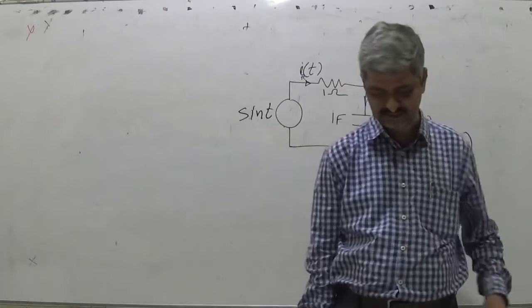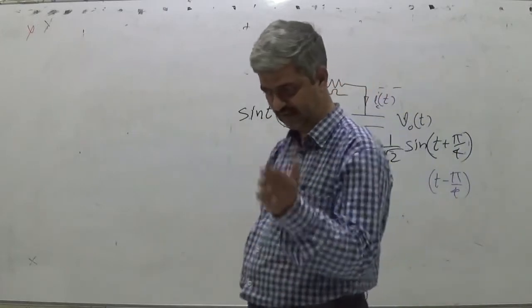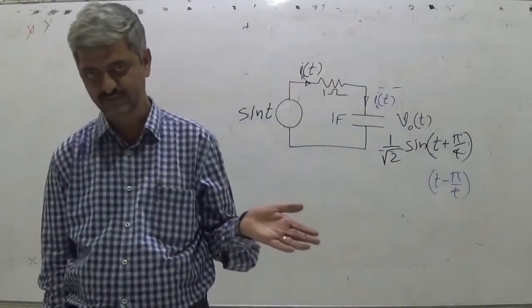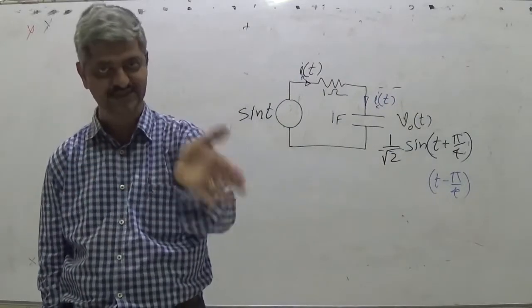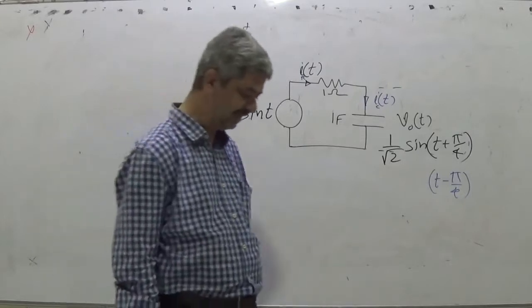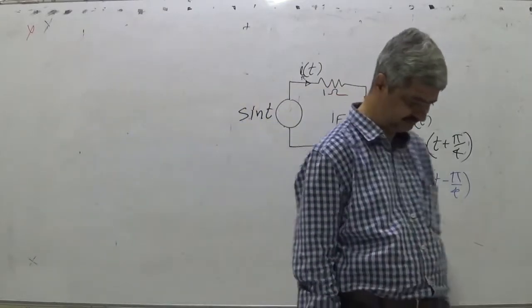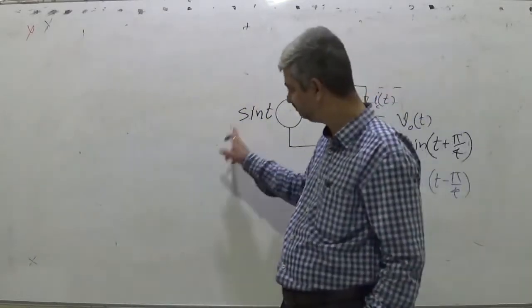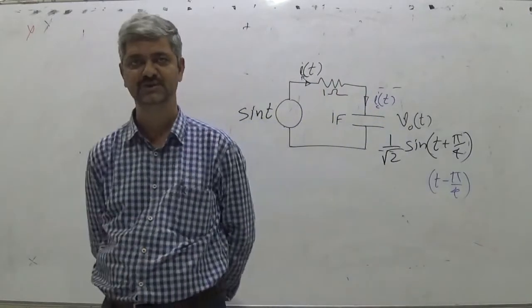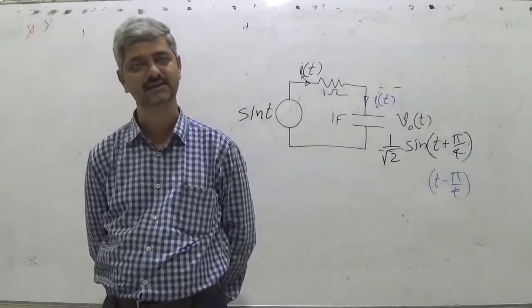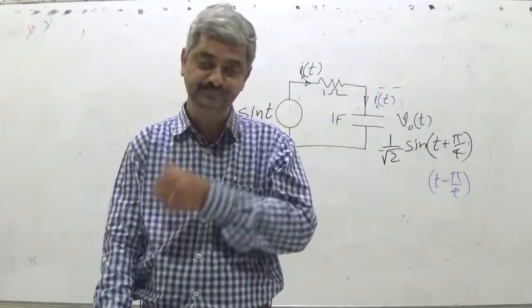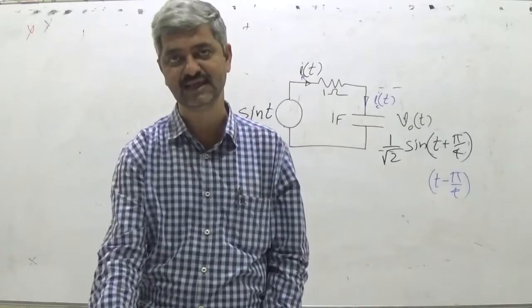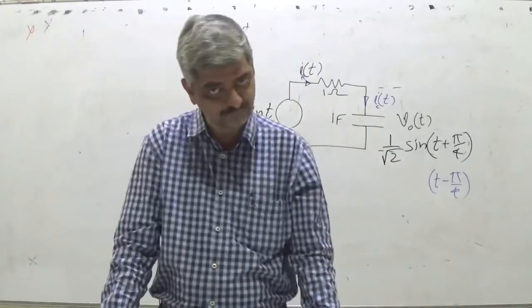In the previous case, where we were applying some input at t equal to 0, some DC input, we were required to work with differential equations. Here we get rid of differential equations because we directly replace by a sinusoid and we get a trigonometric equation. Listen very carefully. For AC circuit analysis, we get rid of the differential equation.